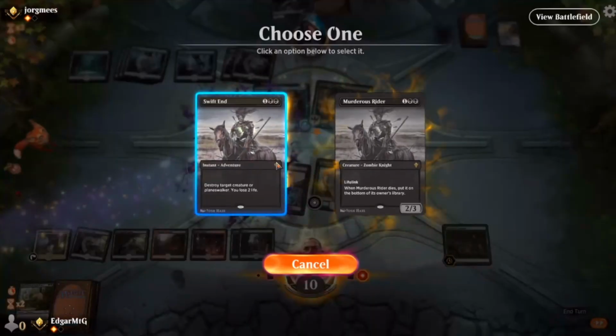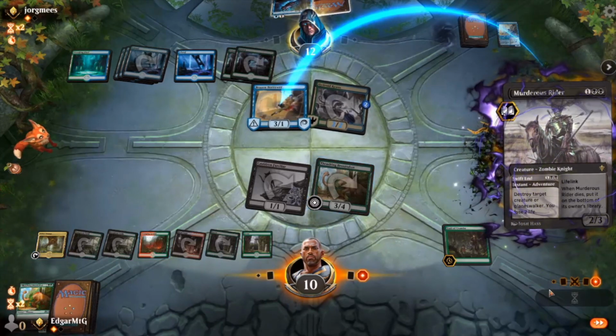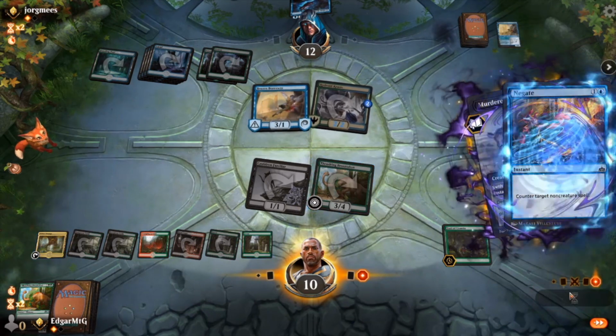Kind of a similar spot to where we were last time. Surprised to see them bounce that, but perhaps they don't think they can win the race otherwise. Oh, and they just have a Negate, so that makes a lot of sense. Their last card was Negate. Okay, so